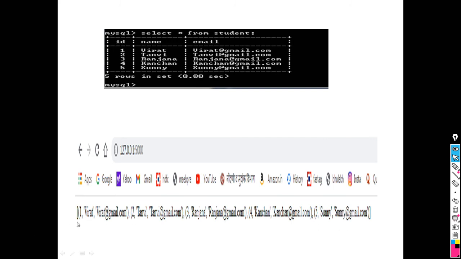This is the first record, second, third, fourth and fifth. Only the simple format is there, we are not using any other format. This will display only the records present in the table, it will retrieve them and display them on the screen. Total 5 records are there and it displays the 5 records. So this was the example of how we can display all records from the table.